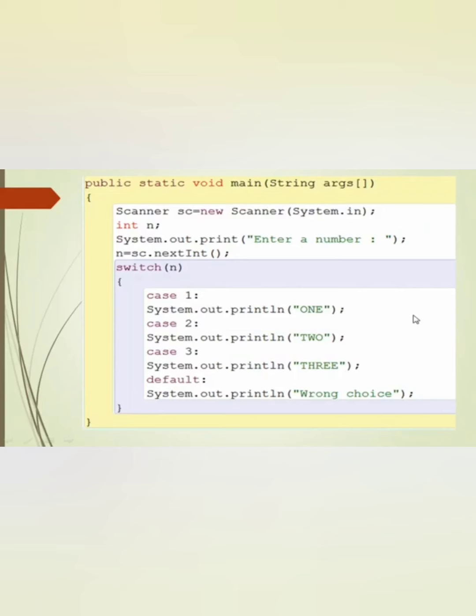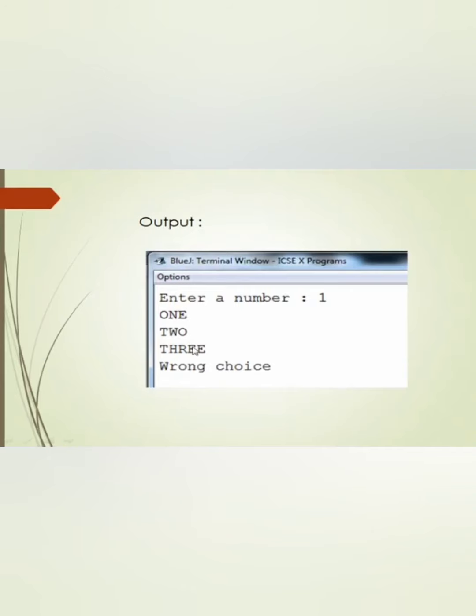Let us discuss one program like this. See, here is the same program but there is no break statement. After writing this program, here is the case 1 print statement, the case 2 print statement, and the default case also there. There is no break statement. After that you can compile and run this. See, enter a number 1. See here, all the outputs are printed like this. This is fall through. If you enter any one, all the outputs are printed like this, because there is no break statement.